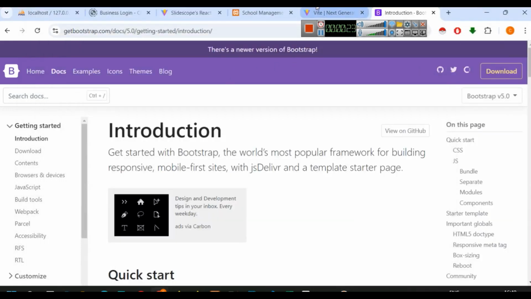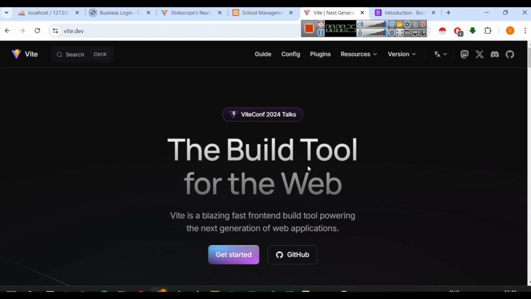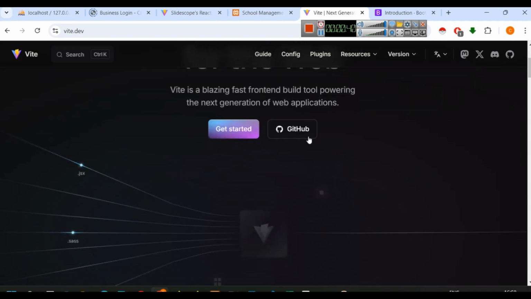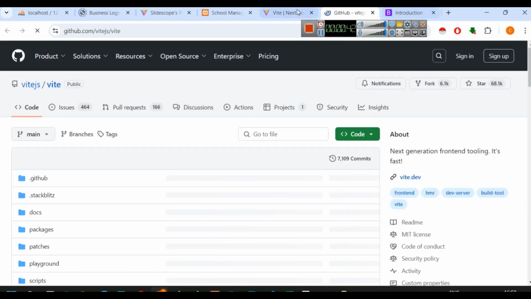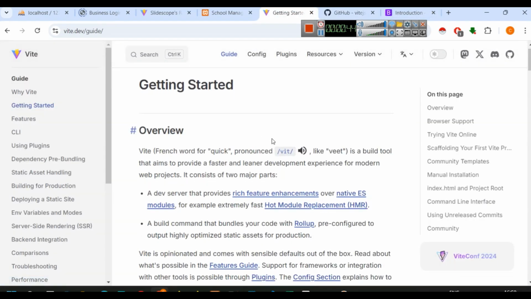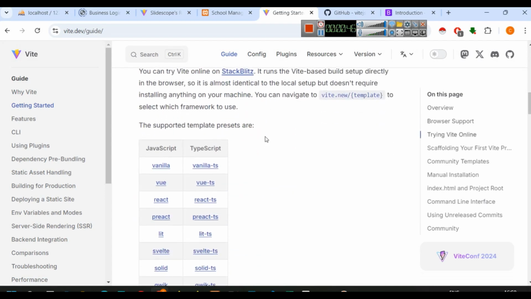First thing that we have to do is use Vite. Vite is a blazing fast front-end build tool, so it will help you a lot in seeing whatever changes you are making. It is very fast. So all you have to do is go to get started, and from get started, simply